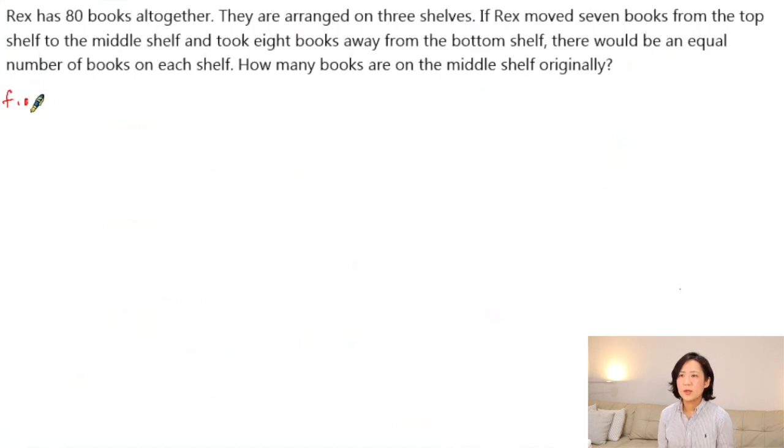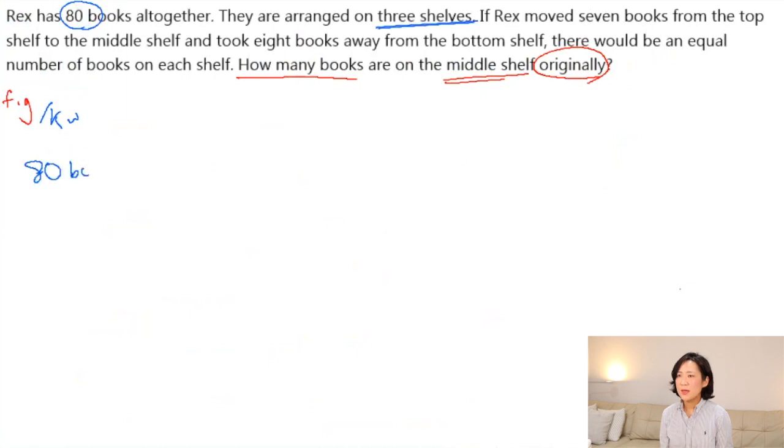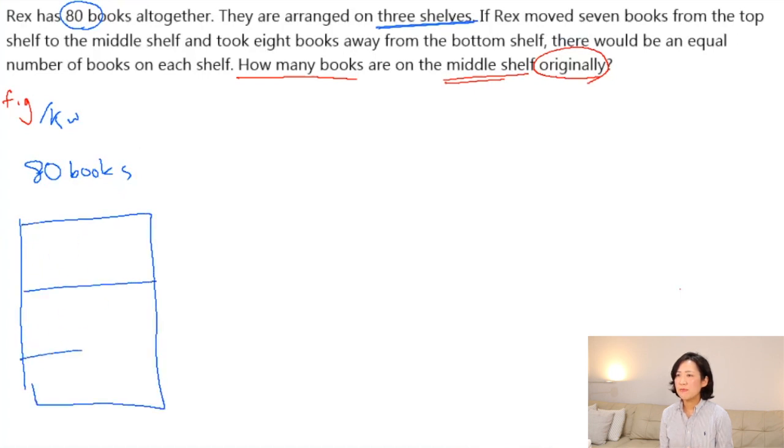So here again, the final goal is how many books are on the middle shelf originally. Now let's see more keywords, more details. Rex has 80 books all together. They are arranged on 3 shelves: top, middle, bottom. Then Rex moved 7 books from the top to the middle. So he moved the 7 books. Then